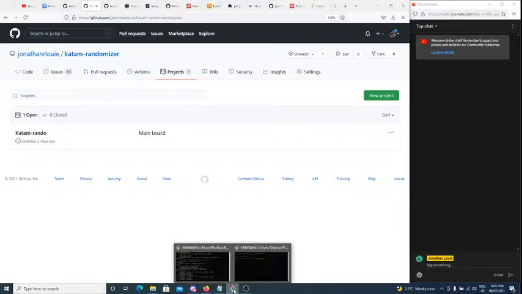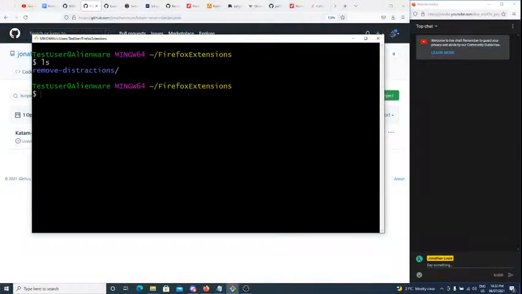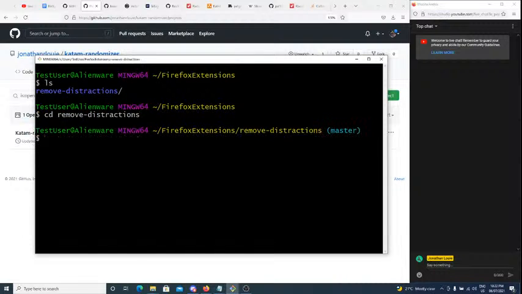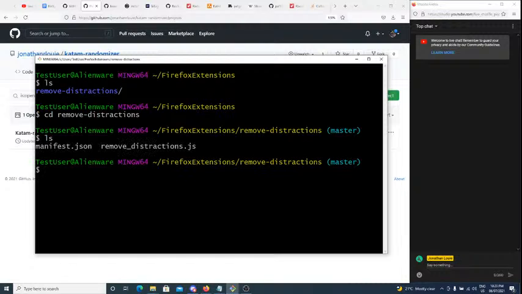So that's what I have open here. If you saw, I have this Firefox extension, remove distractions. Recently I created this kind of crappy Firefox extension. It's not really anything special. What it does is it removes the side banner in Stack Overflow and on YouTube, so it doesn't give you those recommendations.